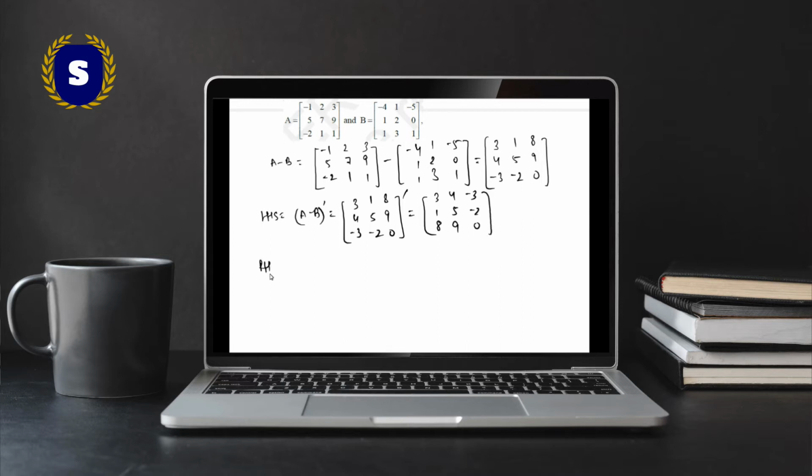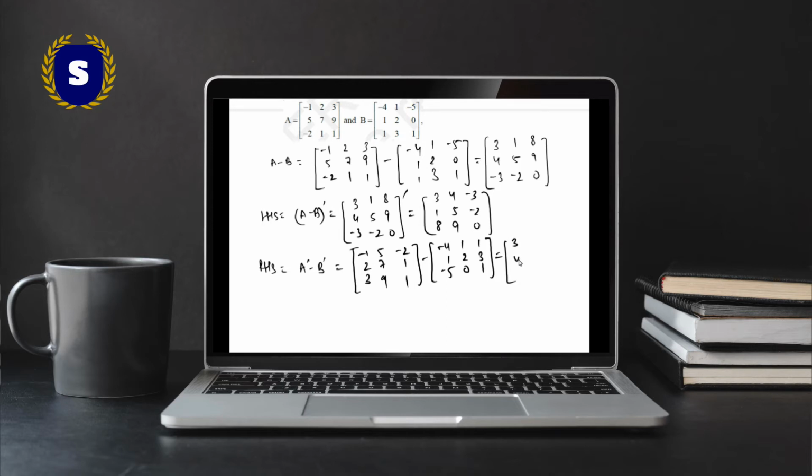And the RHS we need here is A transpose minus B transpose. So this is equal to [-1, 2, 3, 5, 7, 9]. This is the A transpose matrix, [-2, 1, 1], minus the B transpose matrix, which is equal to [-4, 1, -5, 1, 2, 0, 1, 3, 1]. Subtracting this, we'll get